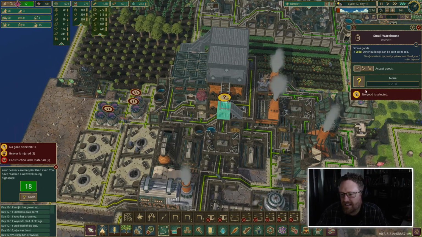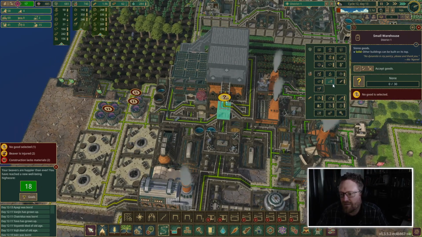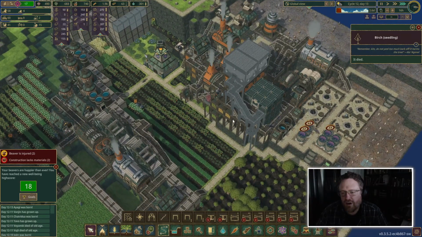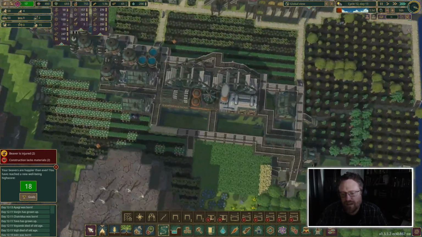I don't know what this contains. This is going to contain more explosives because whatever. We want to have more... Where are explosives? There they are. Okay, we got 2 homeless beavers now, so let's definitely build this as fast as we can. And then, okay, while they're working on that,